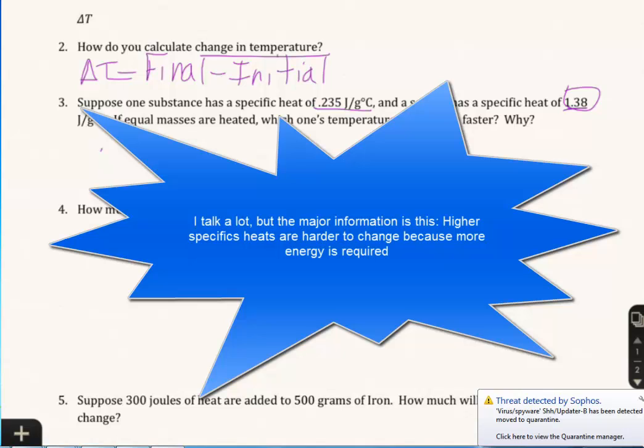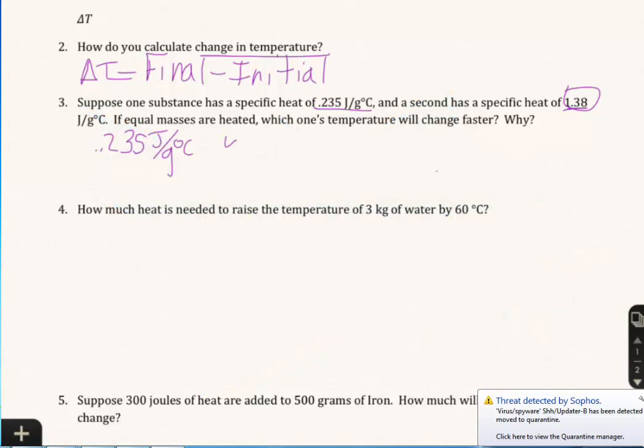So it's a bigger number. So it takes more energy to make it change. The littler number is going to take less energy to get it to change. So the 0.235 joules per gram degree Celsius will change faster, and that's because less energy is required. Alright,